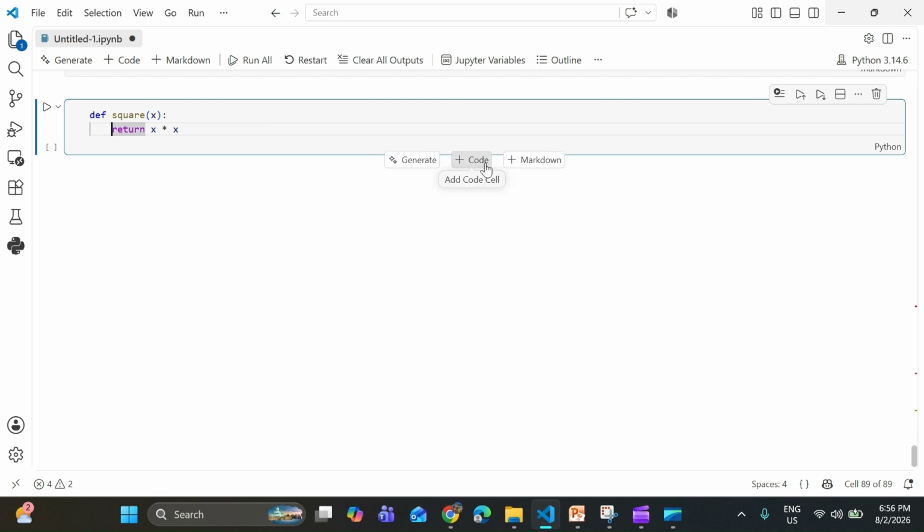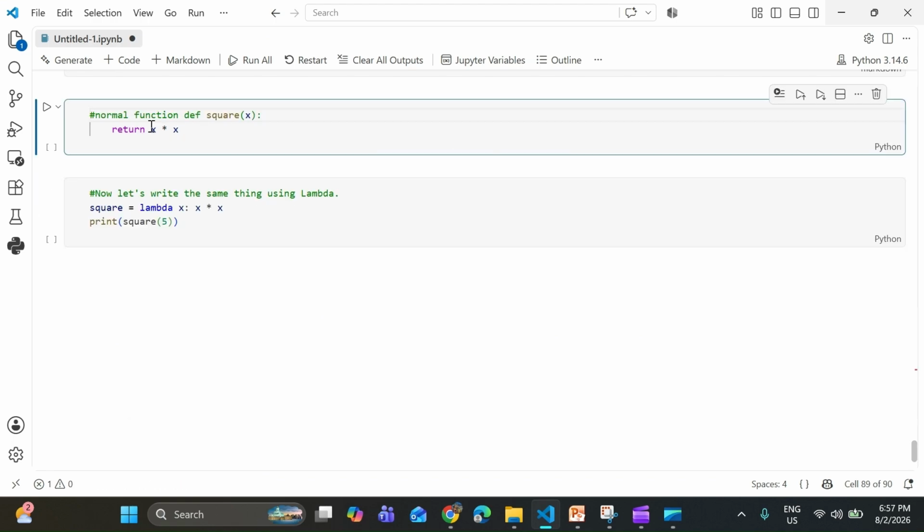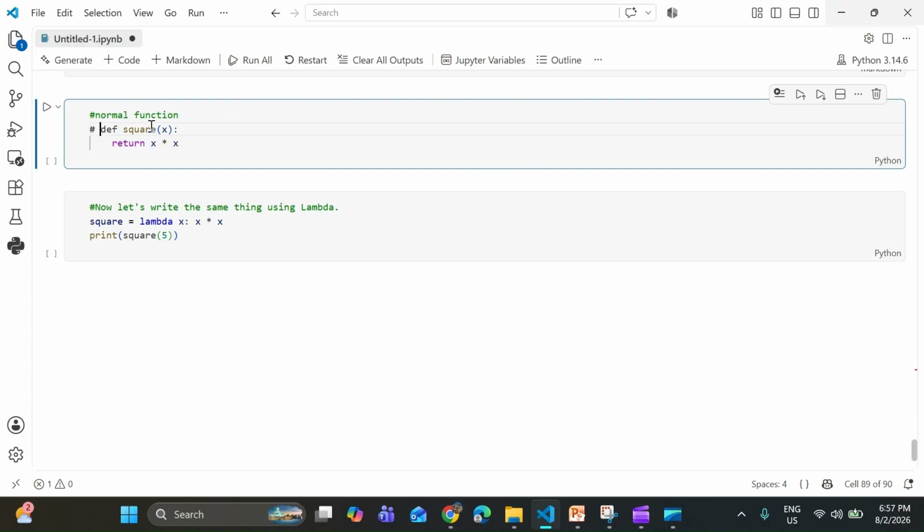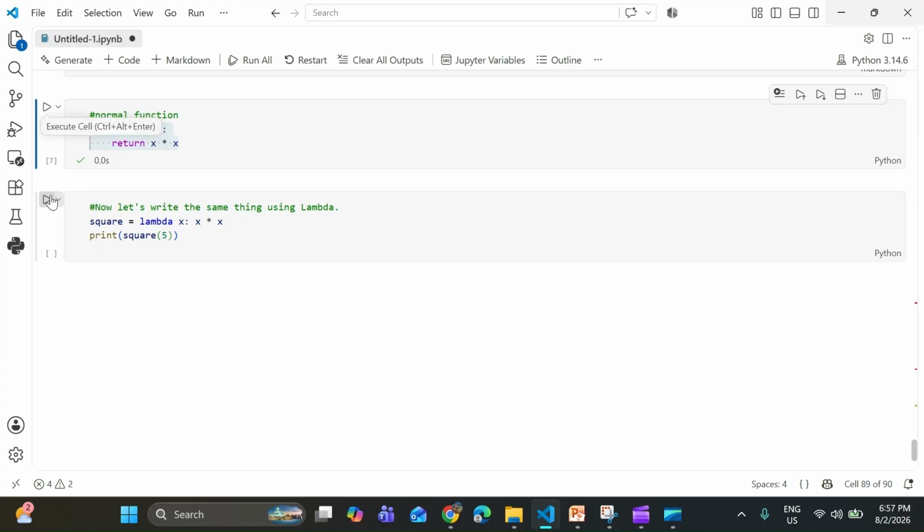Now let's try with lambda function. This is the normal function and this is with lambda function. Let's run this code. The output will be 25.